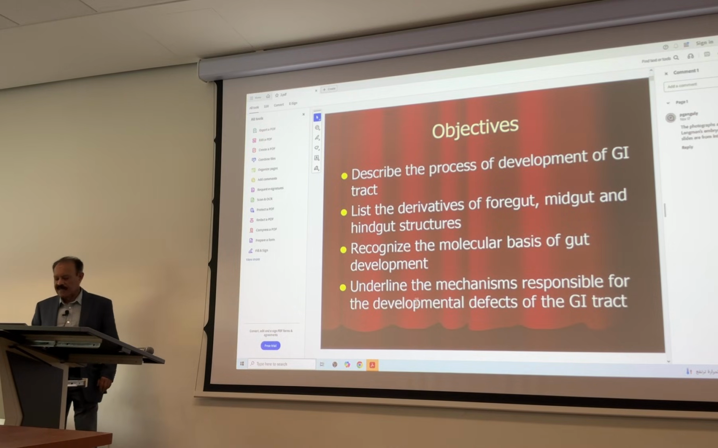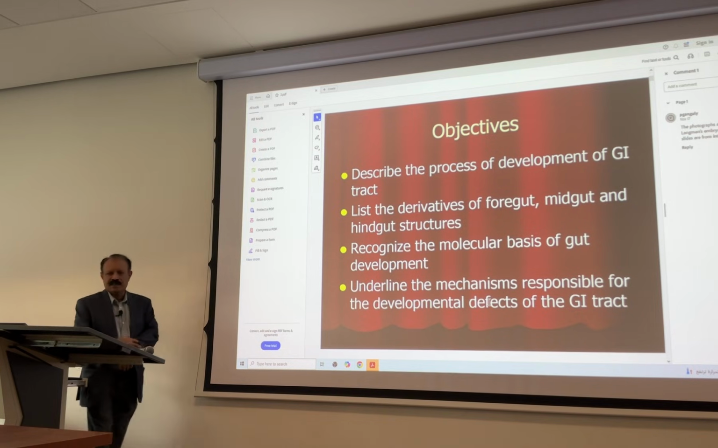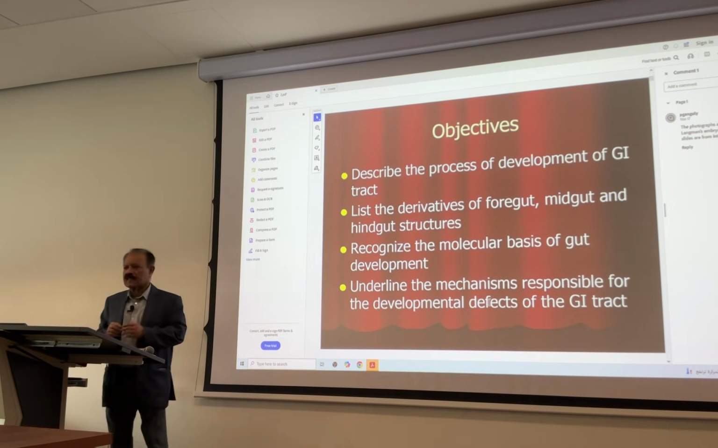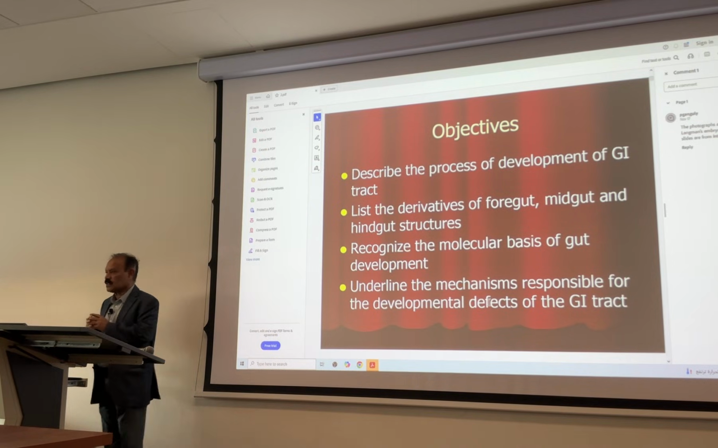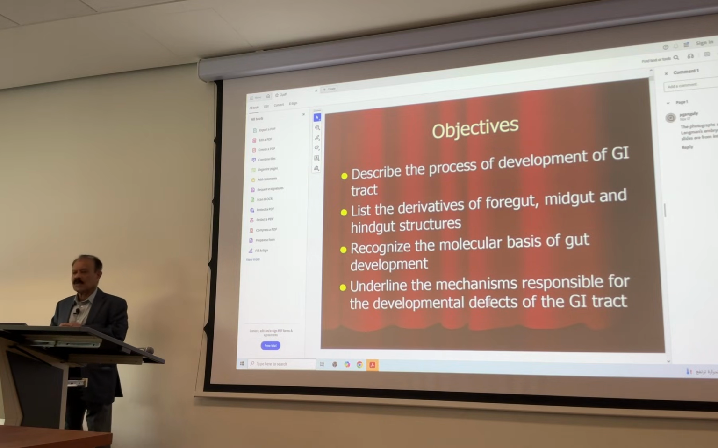And finally, underline the mechanism responsible for the developmental defects of the GI tract. So all the diseases that are needed, I will explain to that. Okay, but explanation does not mean understanding. I'll just explain in a way that these are important for you for many weeks to come. Okay, now let's see that